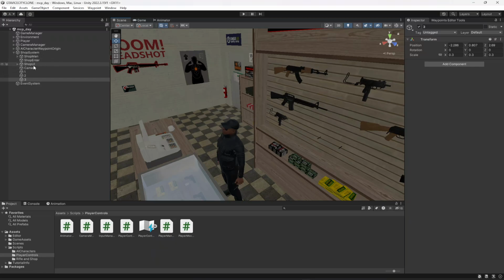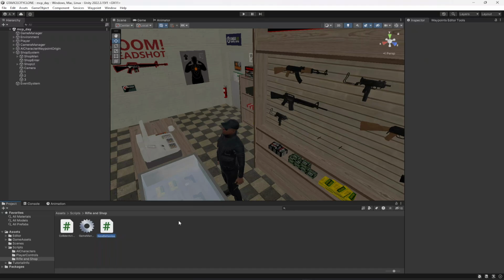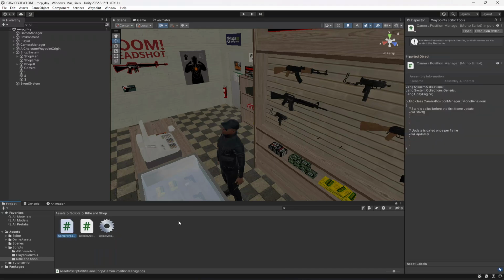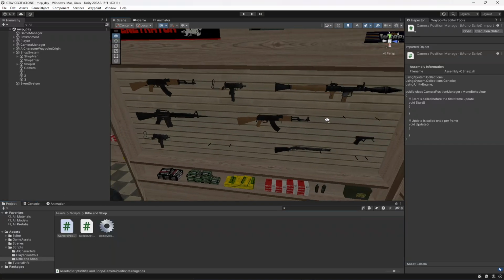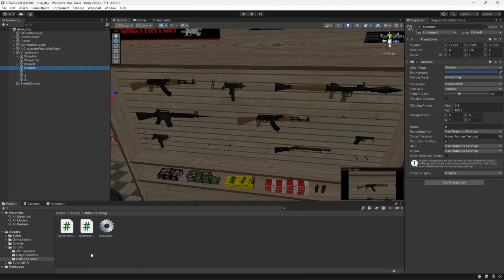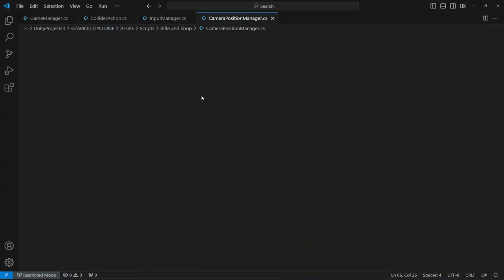Okay, now once we have this, go inside the rifle and shop system, and right here we're gonna create a new C# script by the name of camera position manager. And now on this camera position manager script, we will move the camera to each of the rifles. Okay, or you can say we will add the next and previous input system and also the buy system. Okay, so add the script to the shop camera right there,